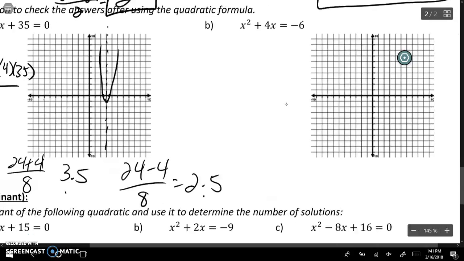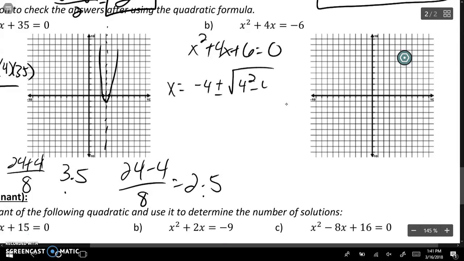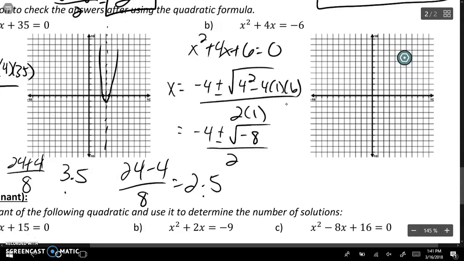Okay, find the answers for B now. x squared plus 4x plus 6 equals 0. So we've got x equals negative b plus or minus the square root of b squared minus 4 times a times c all over 2a. We got negative 4 plus or minus the square root of 16 minus 24. 16 minus 24 is negative 8. Are you allowed to take the square root of negative 8? No, you cannot. It means there's no solutions,